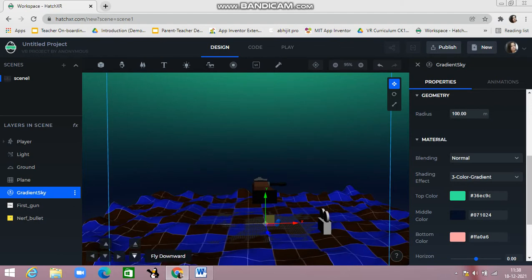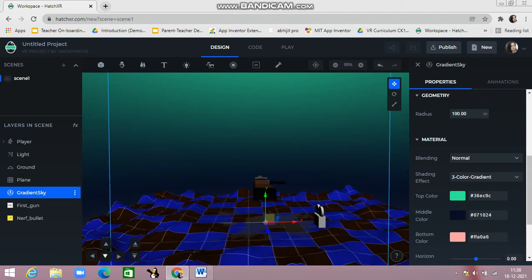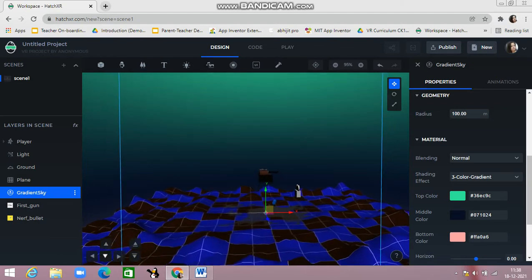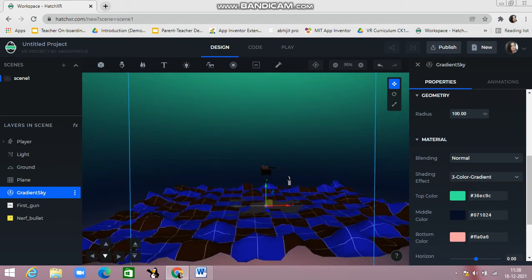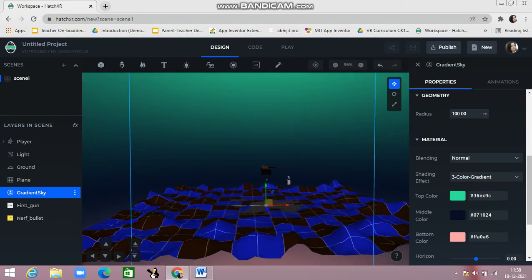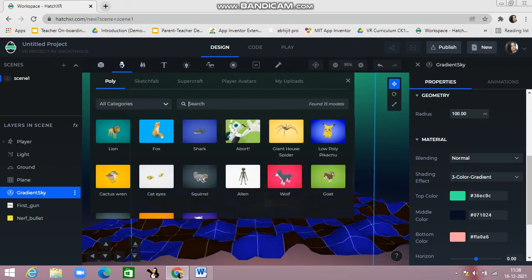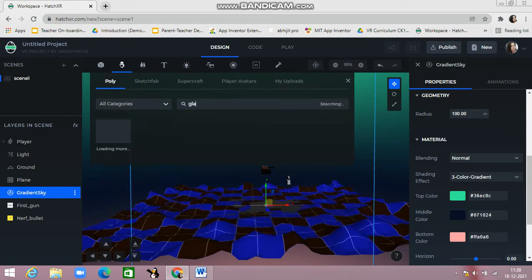Okay. Now I told you we have to place the bottle also. So I'm going here in the 3D model section and I want to place a glass bottle.